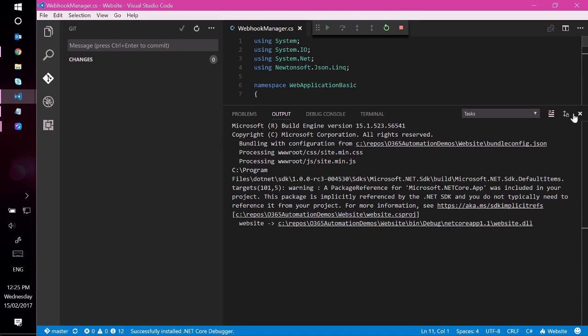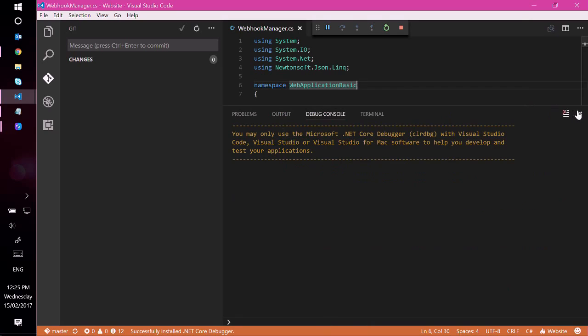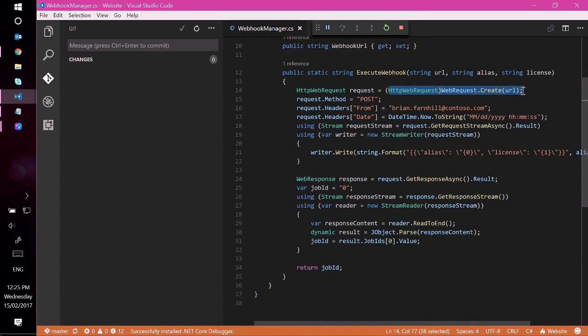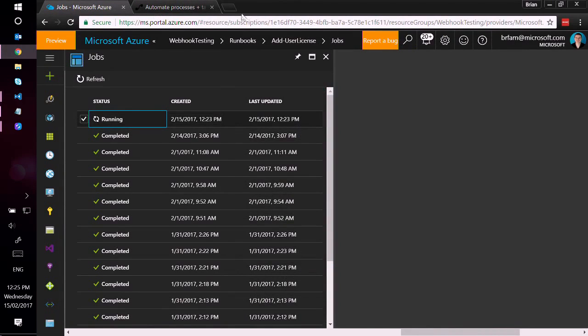So I'm just letting that start to run, but I won't go into the code too deeply. For anyone who's into C#, again, you can see I'm doing the same thing. I create a web request, put my headers on, add my JSON data of the alias and license, and then go and trigger it. Right? It's exactly the same model as I would have used otherwise. So what I should hopefully have open any second now